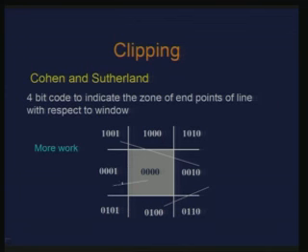Then I need to find the intersection point with the window edge, so that I get the segments of the line which are inside and outside, right. I can subdivide the line at the intersection point and again check for trivial rejection and trivial acceptance, right.